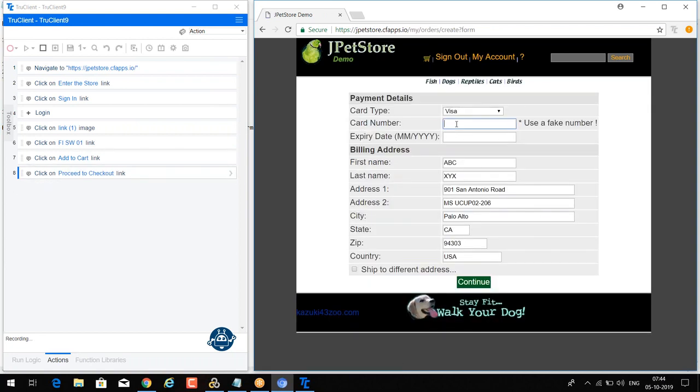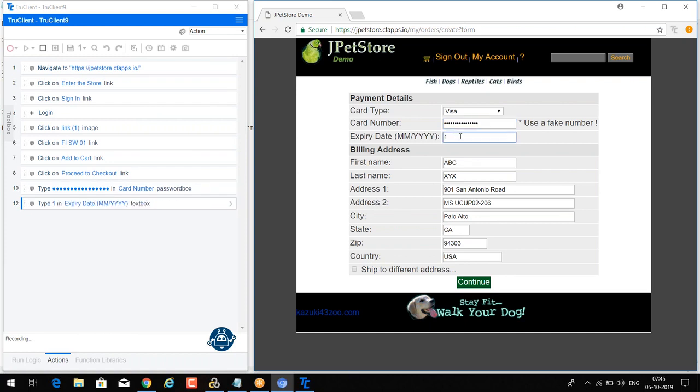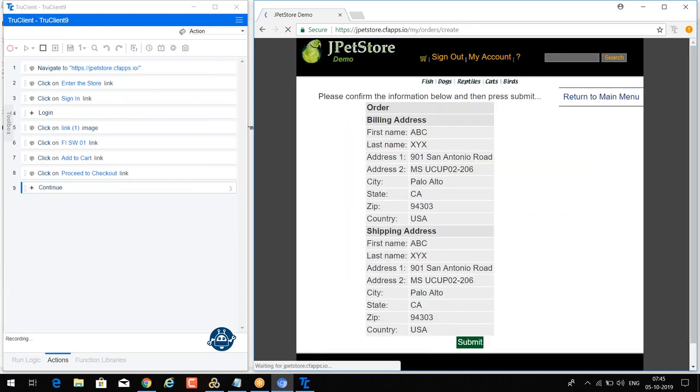Here we can give any number in the cart number. Then we can click on submit.